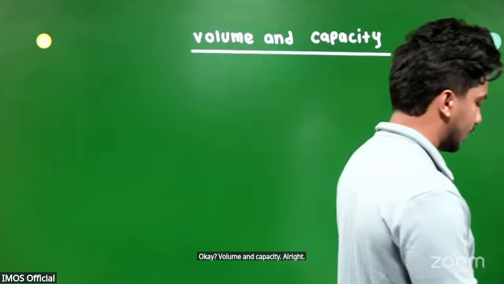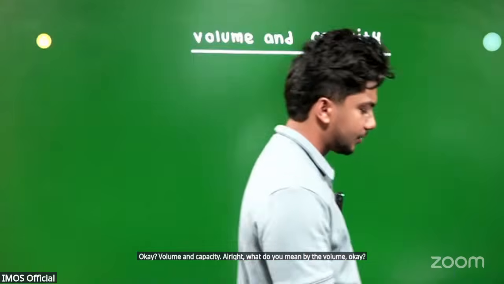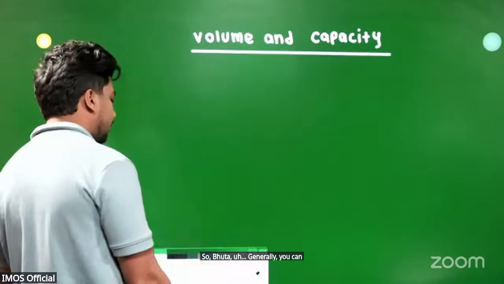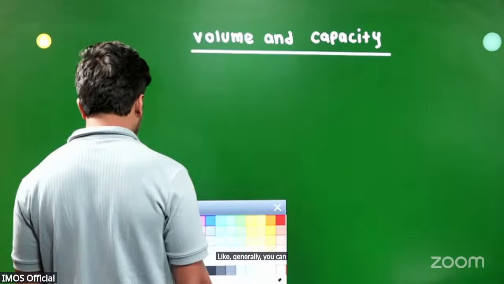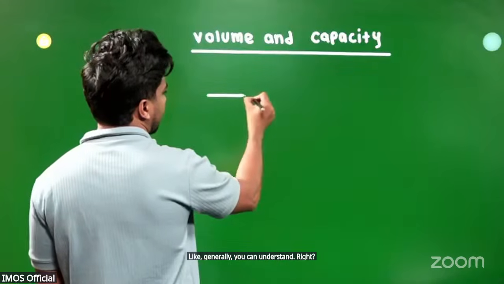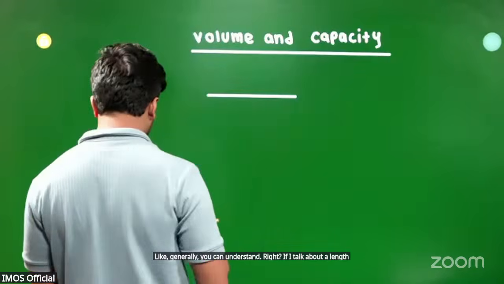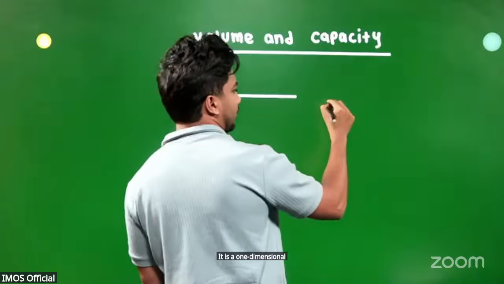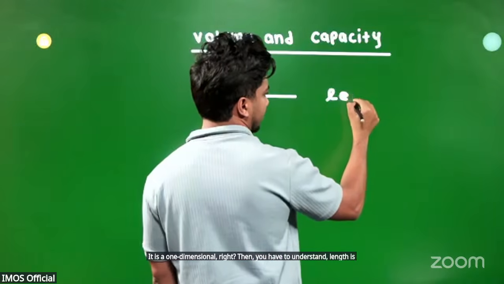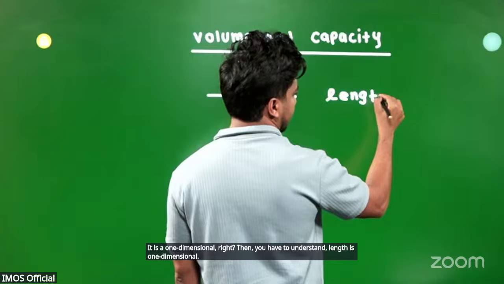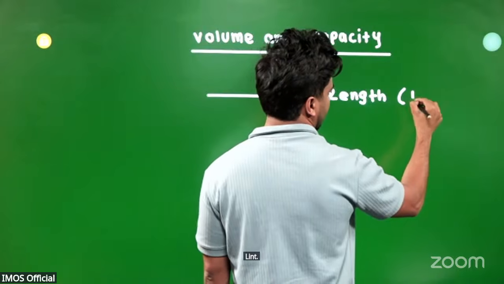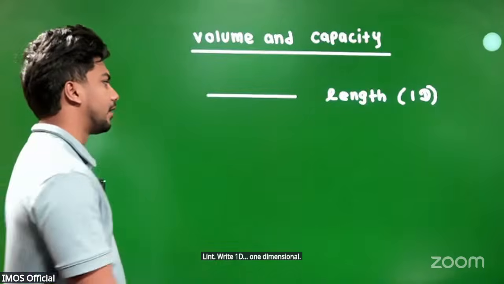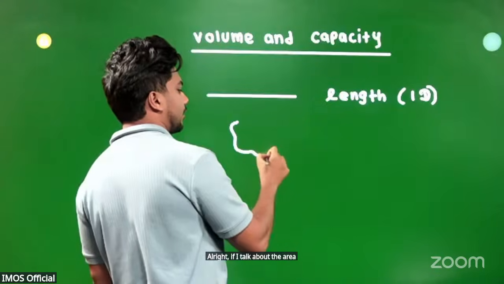What do you mean by volume? Okay. Generally you can understand, right? If I talk about a length, it is one-dimensional. Length is one-dimensional, 1D. Right? If I talk about the area,